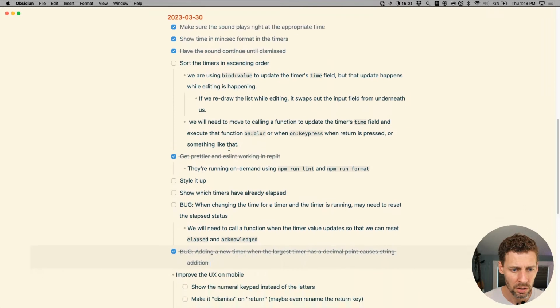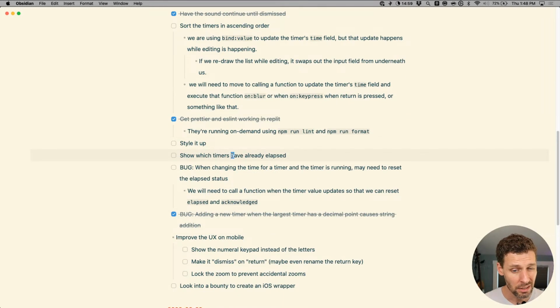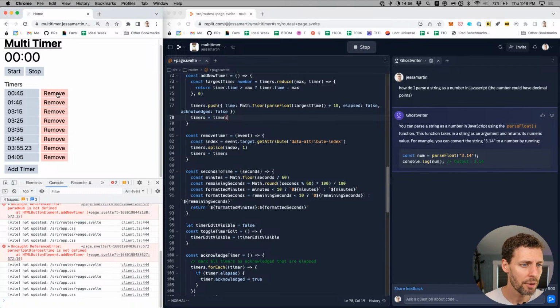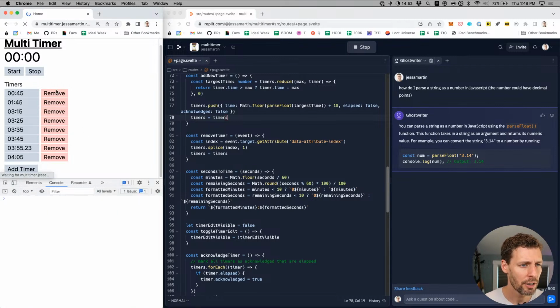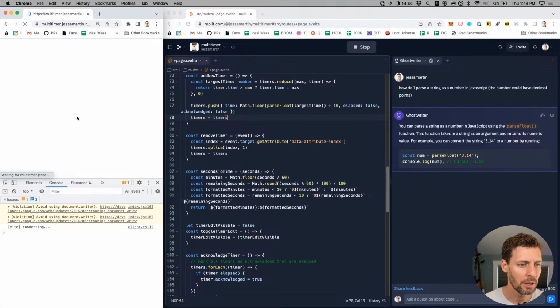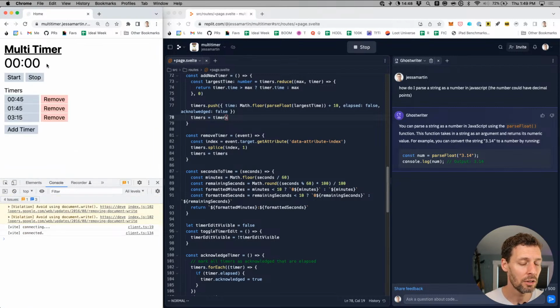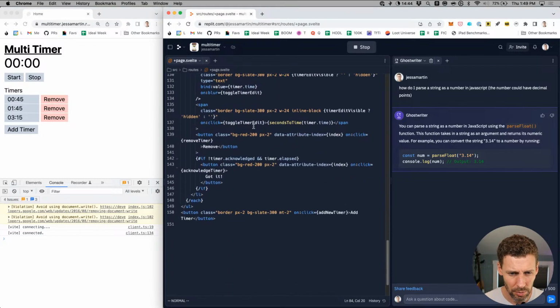Now we could do some styling, show which timers. Oh yeah, the one thing we should definitely do is let me go ahead and refresh this. Let's move from the multiple elapsed buttons to a single acknowledge instead of having a whole bunch of them displayed.